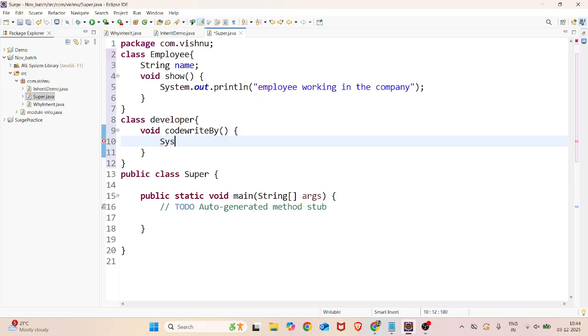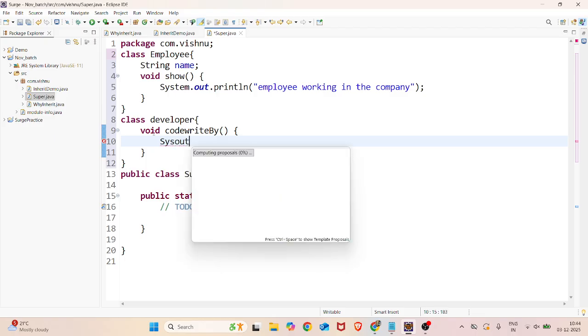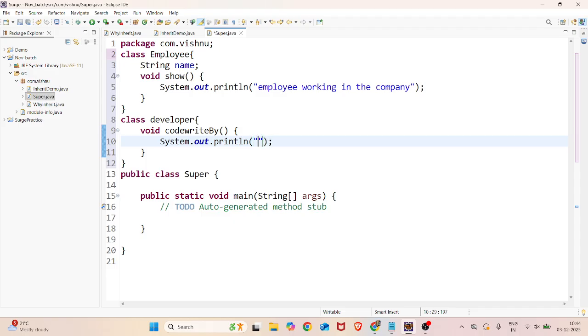Sysout code written by employee. Suppose I write name, then it doesn't know what the name is. The name will be Ram, but it is the variable of the employee class, and I want to access that name variable in